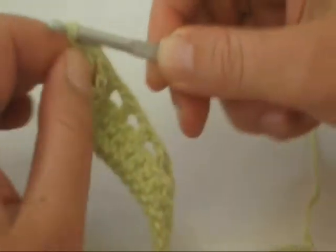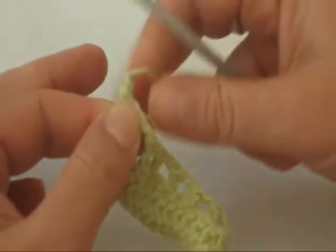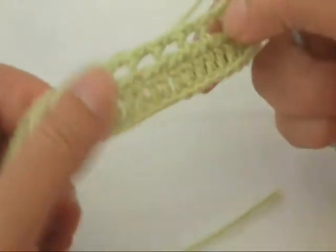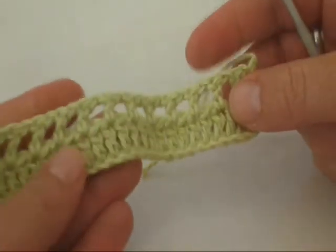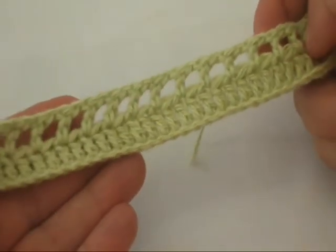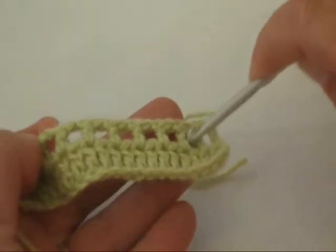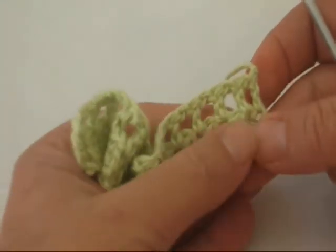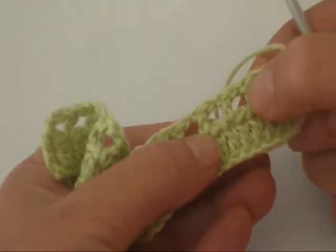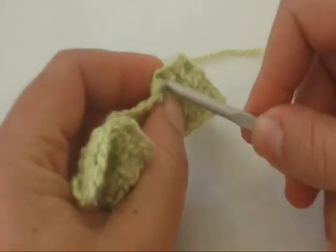So you end in that treble, and now you need to fasten your yarn off here because we need to rejoin for the instep 7 trebles along, and with the ribbon holes we should have 16 holes to thread the ribbon through into the bootie. Okay, so rejoining our yarn for the instep 7 trebles, 1, 2, 3, 4, 5, 6, 7 to the top,